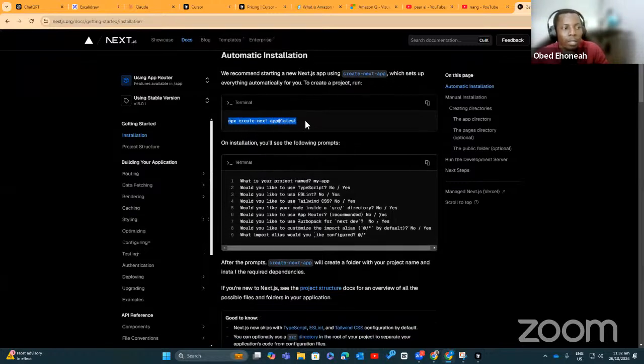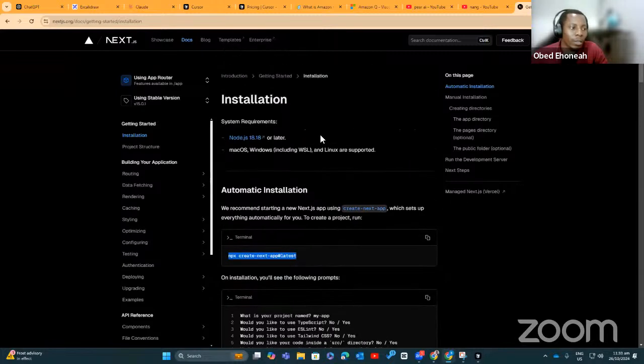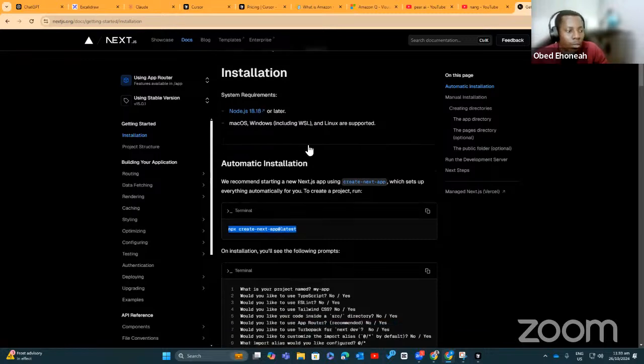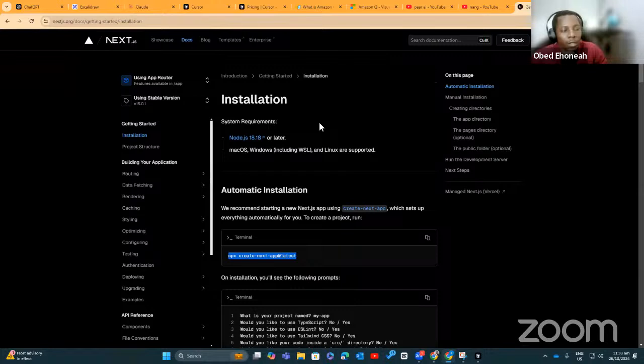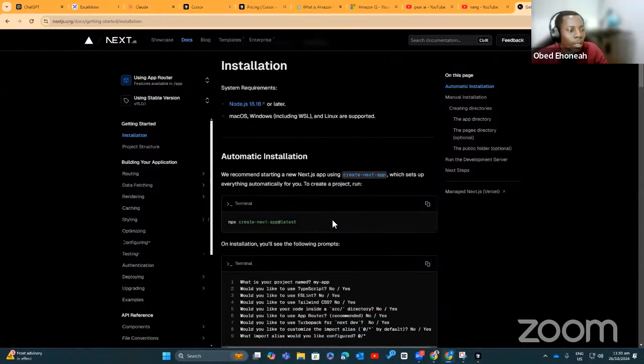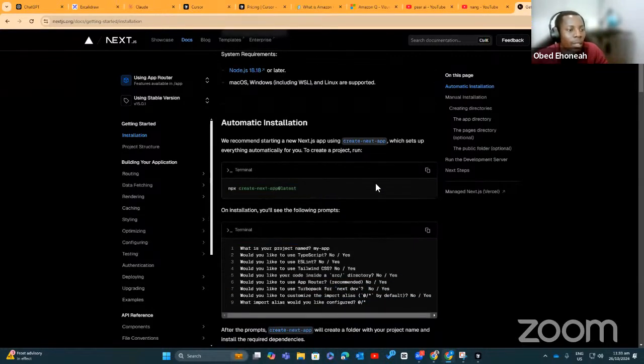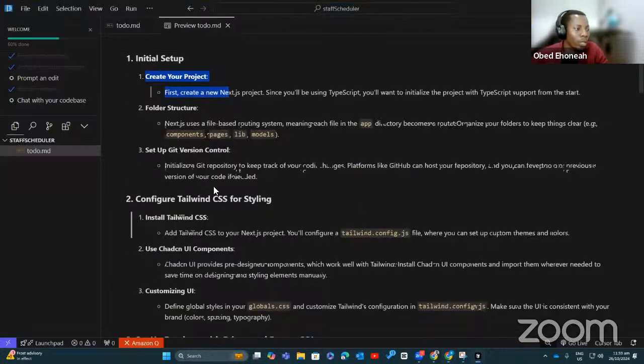You run this command. But before you run it, your system needs to be running Node.js. So you need to have Node.js on your computer before you can use it. If you don't have it, you go ahead and install Node.js. I have it on my computer, I don't need to worry about it. This command right here is what we need to run to start a new Next.js application.